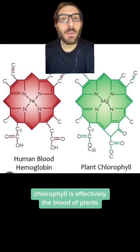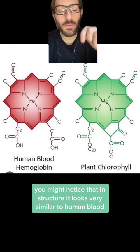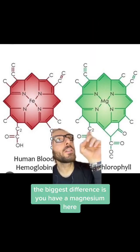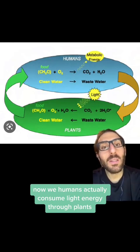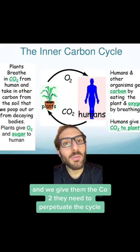Chlorophyll is effectively the blood of plants. And chemically, you might notice that in structure, it looks very similar to human blood. The biggest difference is you have the magnesium here and an iron atom in the center here. Now we humans actually consume light energy through plants. They give us food in the form of carbohydrates and water, and we give them the CO2 they need to